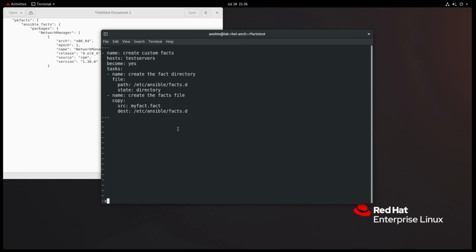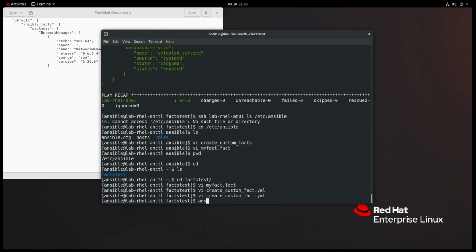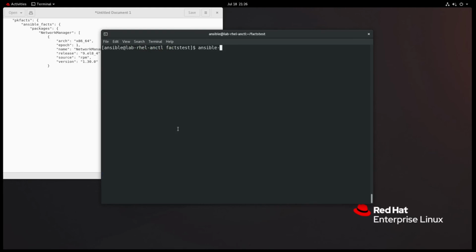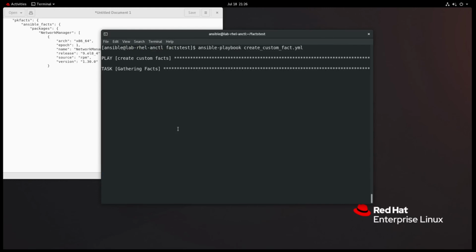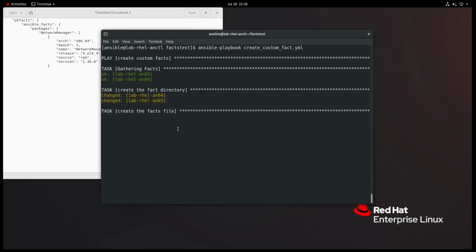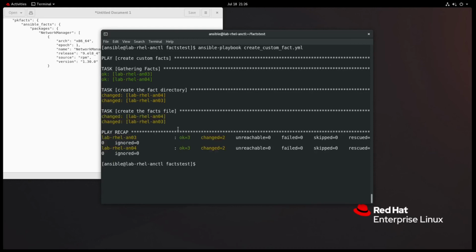All right, so let's see if this works. So, ansible-playbook. Clearly going too fast because I'm not spelling my stuff right. Create custom fact. Let's see if we get a success here. Made the directory, and we created the file. Okay, so now let's do